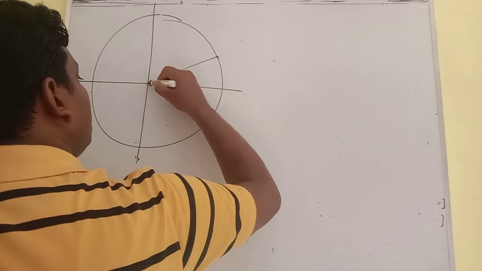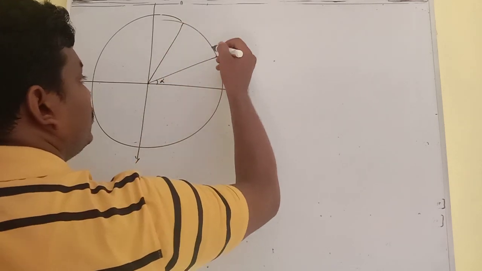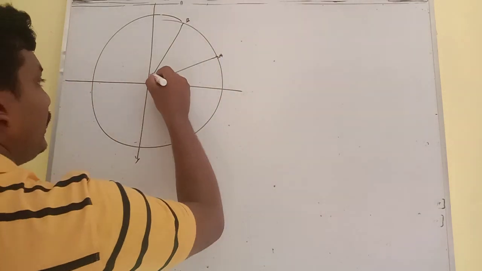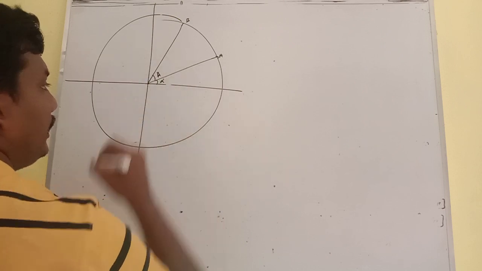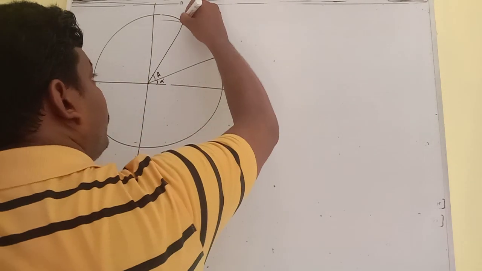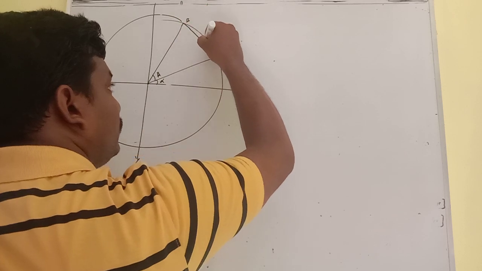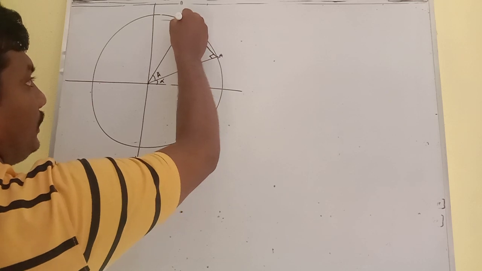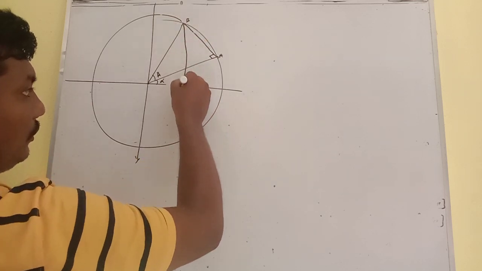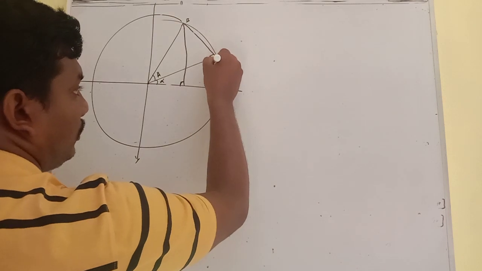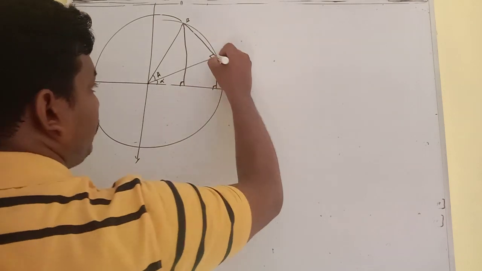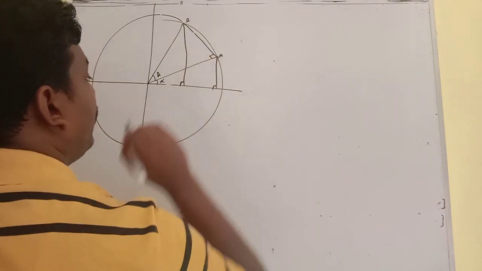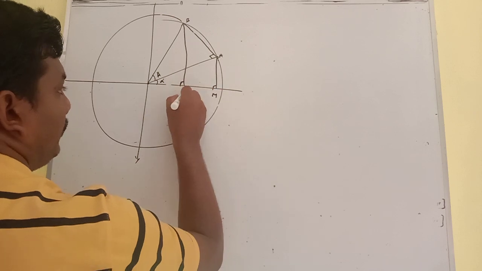If you consider the rotating ray, it is a rotating ray. This is A and this is B, and it is making an angle beta. As we already know, we have to draw a perpendicular from here. This is a perpendicular, and we have to draw one more perpendicular like this, and one more perpendicular like this. The first perpendicular we take as the B point, and we consider the M and N points.